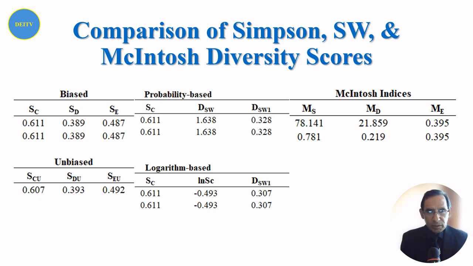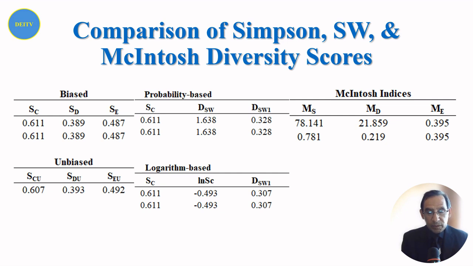In episode 1, again, we discussed the Simpson biased and unbiased scores. In the far left, depending on how you're viewing this, you have the biased and unbiased Simpson scores. The Simpson concentration score on the top is 0.611. You subtract that from 1, which gives you the diversity score of 0.359. When you divide the 0.359 by the maximum score, that gives you a Simpson biased standardized score of